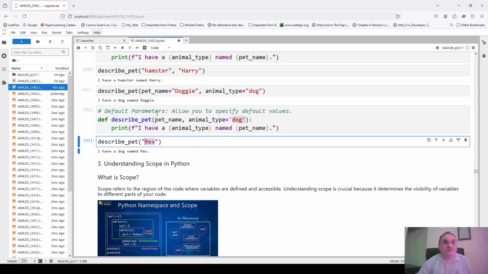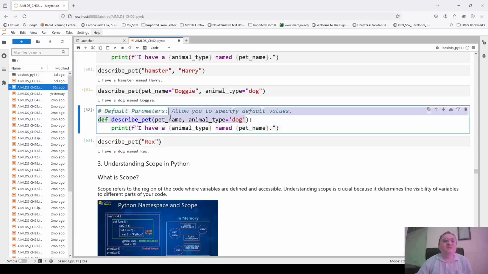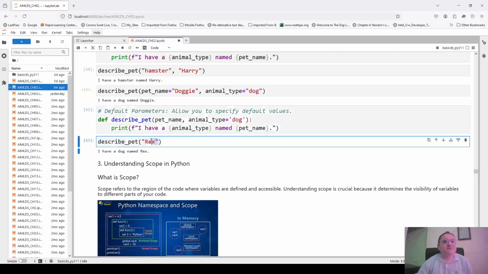If you know right from the beginning that you are programming an app for maybe some dog training institute, then you know that animal type is always going to remain dog only. So then you can put such a default, and the user can just keep on passing different names. Instead of Rex, he can pass Tom, so it will print I have a dog named Tom. If you pass Bobby, then it will say I have a dog named Bobby, and so on.